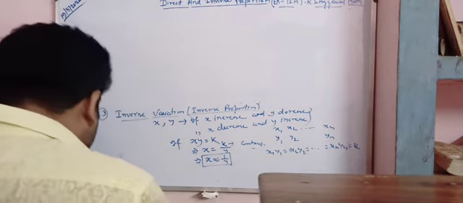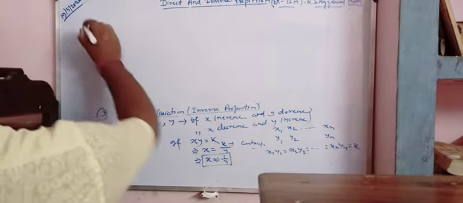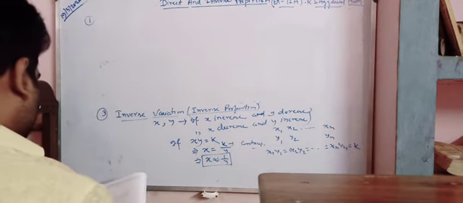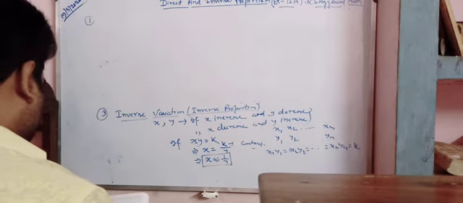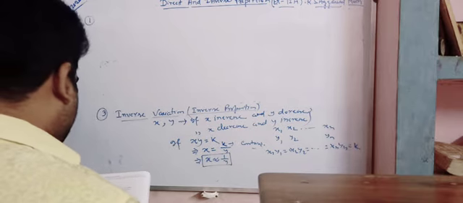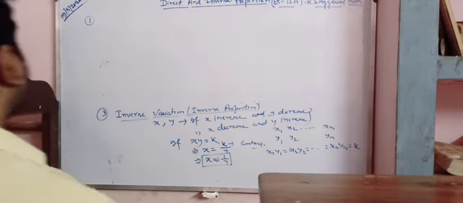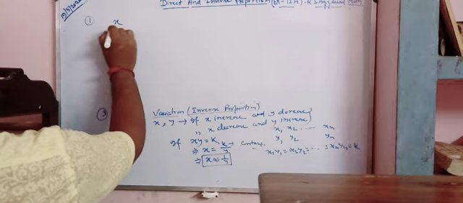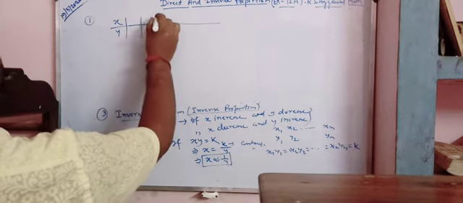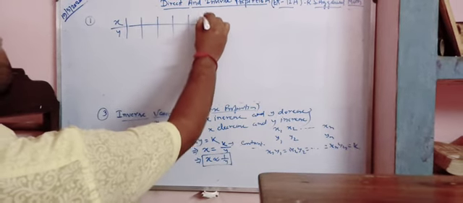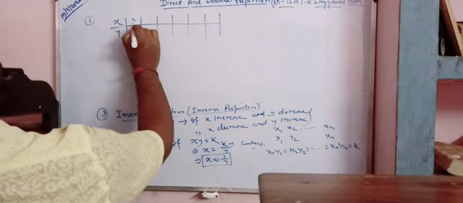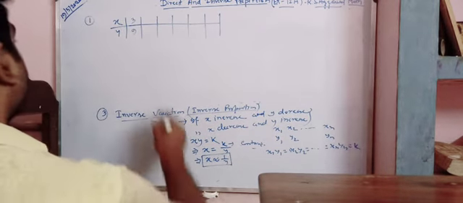The first question is given in RS Agarwal math book, where we have been given a table. We have to observe the table given below and find whether x by y are proportional or not. One table is given here. Friends, we are following RS Agarwal math book of class 8 CBSE, following the CBSE curriculum.